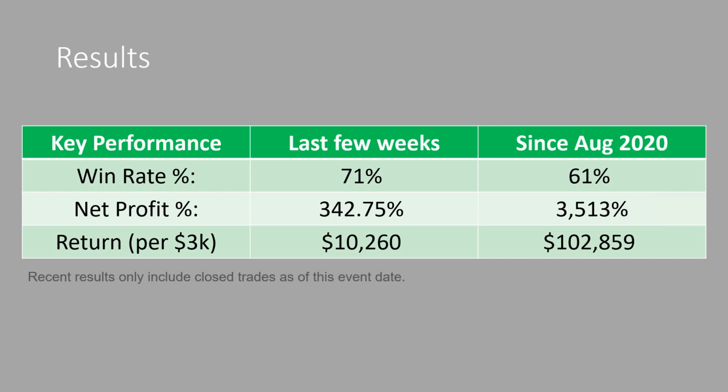So we're running a 71% winning percentage. Net profit is running 342% over the last few weeks. To put that into dollars and cents, if you followed these trades, for every $3,000 you invested in the trade, you'd have over $10,000 in profits. Now, if you traded $1,000 per trade, you'd have about $3,000 in profits. I just want to show you that no matter if the market's red, if the market's green, there's opportunities